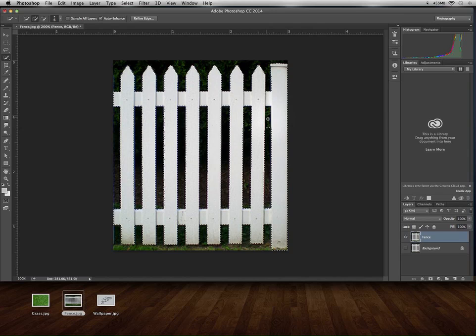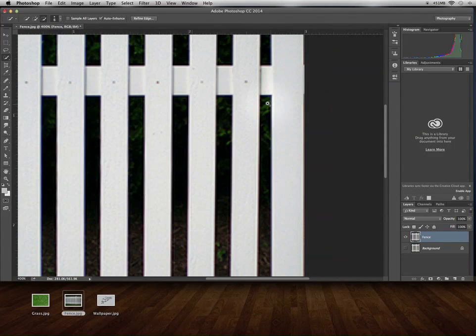Oops, I made a mistake here. I'm still on my plus tool. I'll move back over to that and make sure I do have that minus quick selection tool. Okay, there we go. So clicking and dragging up through this area here. And then I can just clean that area up. That way we've just got the fence now. Okay, so if that looks pretty good,